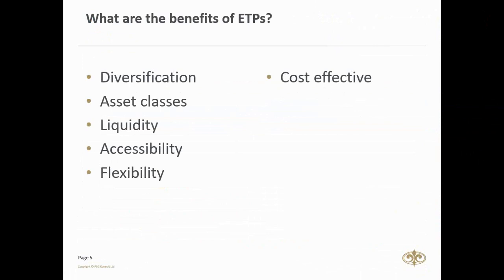They're very, very cost effective. When you buy an ETP, you're only paying for the exposure to a basket of shares. If you had to go buy the basket yourself, or the constituents of those shares, it would obviously be much more expensive. You'd have to pay the brokerage, but also the security transfer tax, which is 0.25% of the value of your whole transaction. So an ETP is obviously a much more cost-effective way of getting involved. Remember also, they're not actively managed. The underlying portfolio shares are not traded so regularly, and they also have lower marketing, distribution, and administration expenses. So that's why I say they're very, very cost effective.